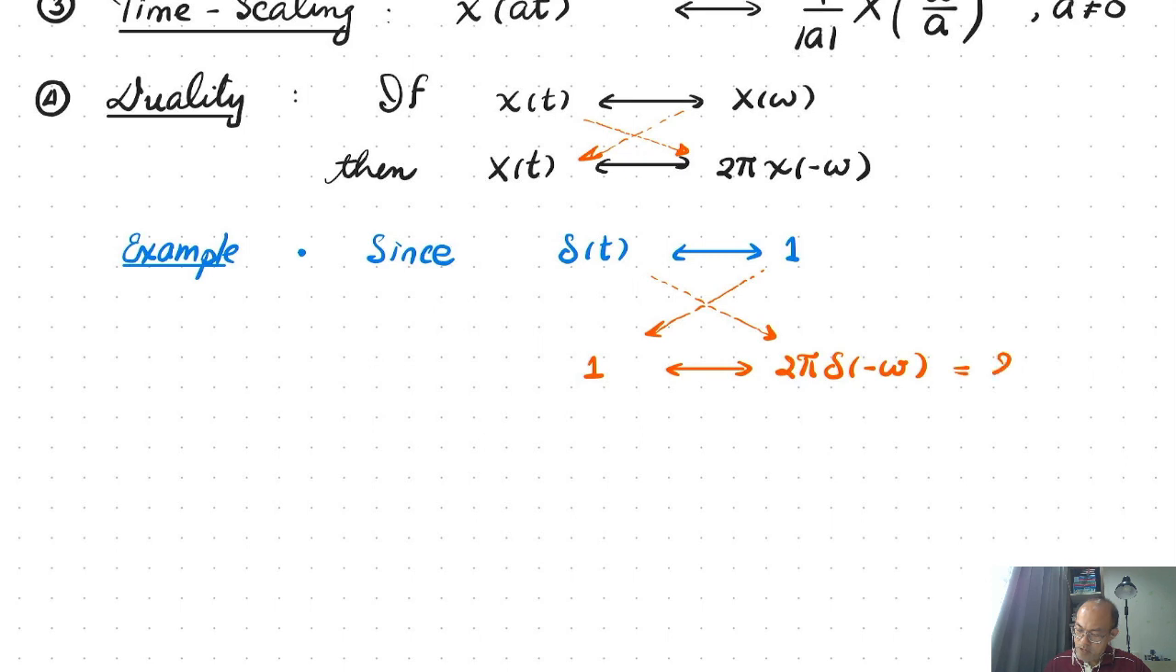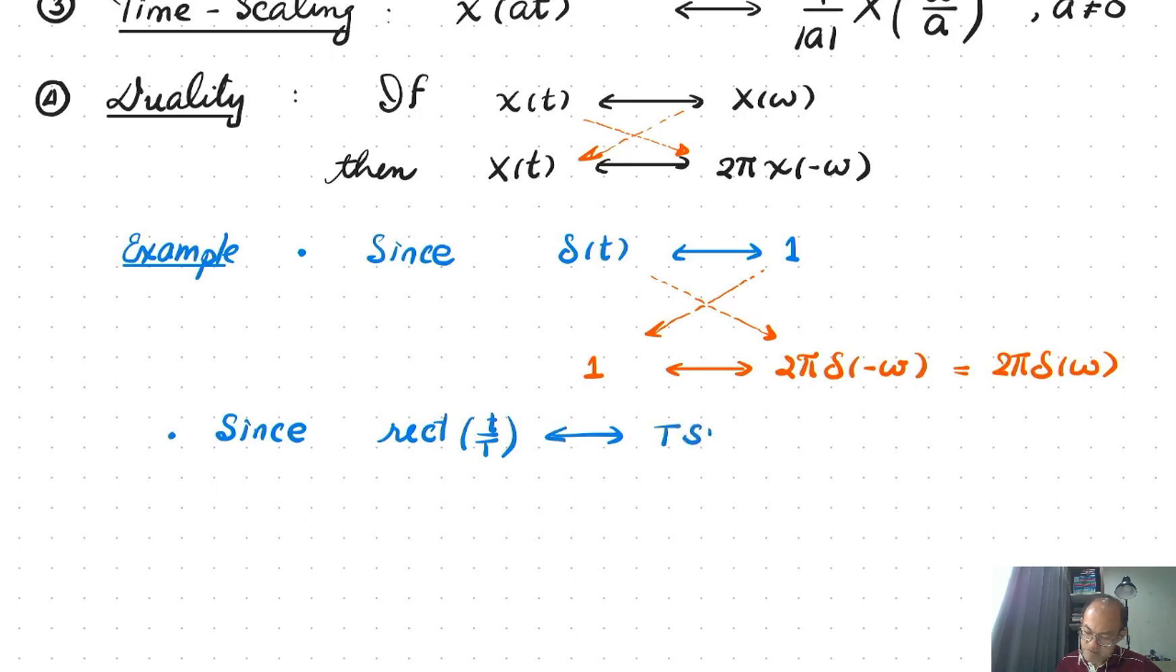That is 2 pi delta of omega. So this is how to determine the Fourier transform of a constant. Also, another one: since we know that a rectangular signal of width T has a Fourier transform of T sinc of omega T over 2,